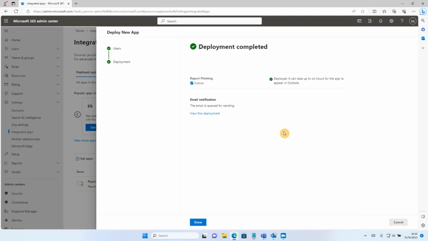So it's telling me now that the deployment has been completed, and do take note that it can take up to 6 hours for the app to appear in Outlook. So all I'm going to do here is click on the Done button,